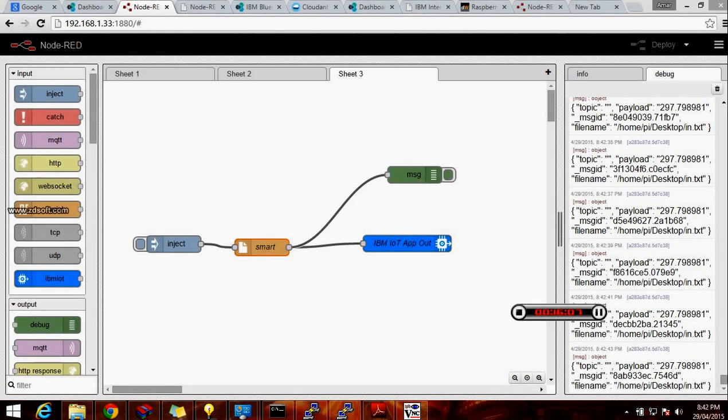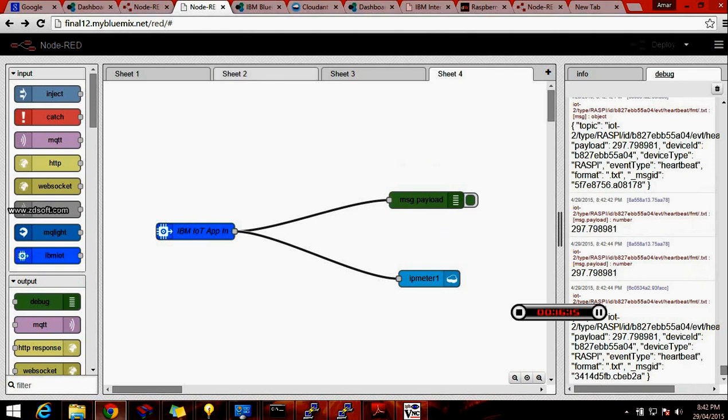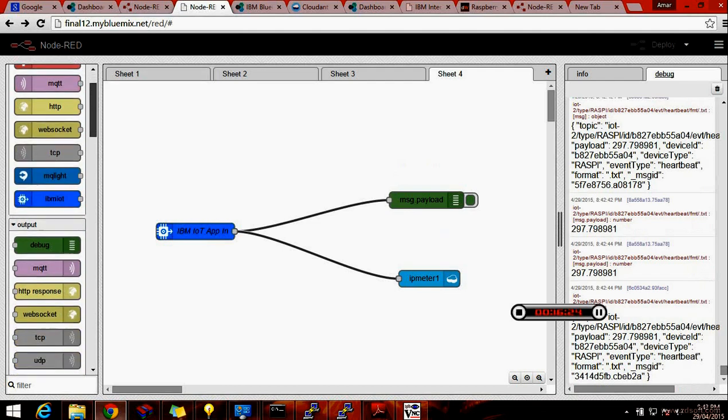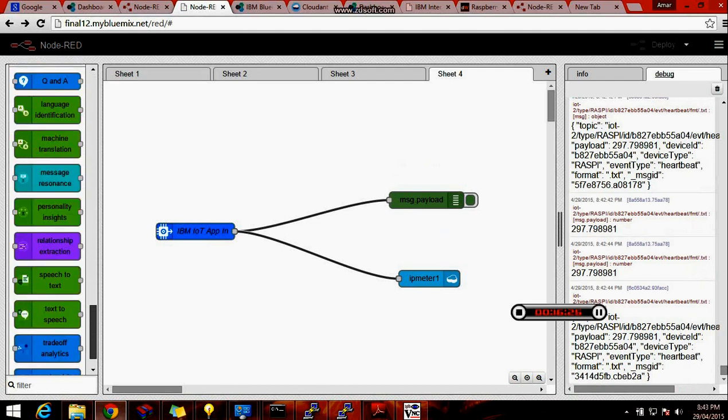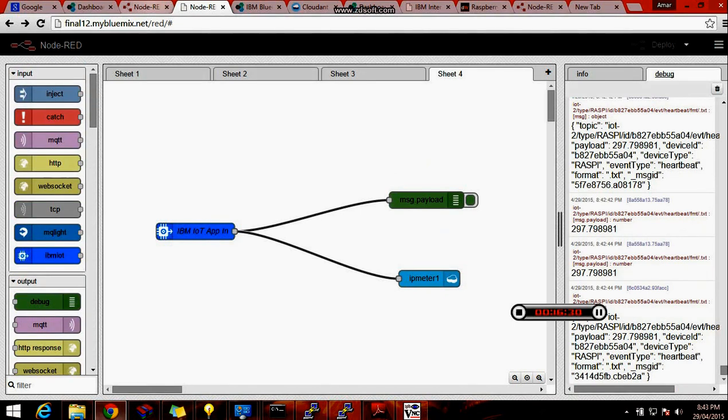After installing Node-RED onto the Raspberry Pi, open Node-RED on the Raspberry Pi, and as well open Node-RED in Bluemix. As you can see in the link that I created earlier, after opening that link, you'll be able to see Node-RED. This is called a palette. Here you can see the different nodes, and you can create your own flows according to your application.